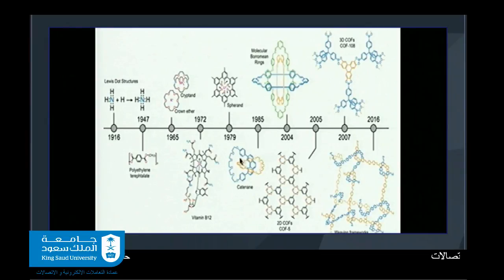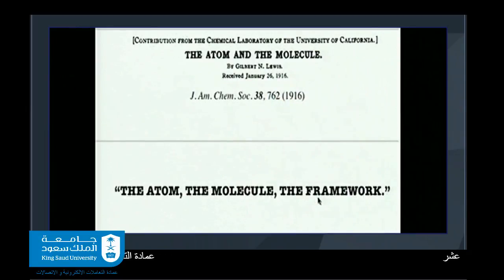It has led us to make also these catenanes, but let me suggest that in fact what I have shown you today is an extension of the covalent bond by taking these molecules, both the covalently linked molecules and also the mechanically linked molecules, to make extended covalent frameworks. And so therefore, I'd like to say that I think we have now written the contribution: the atom, the molecule,